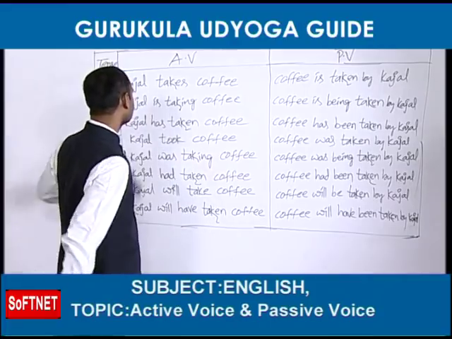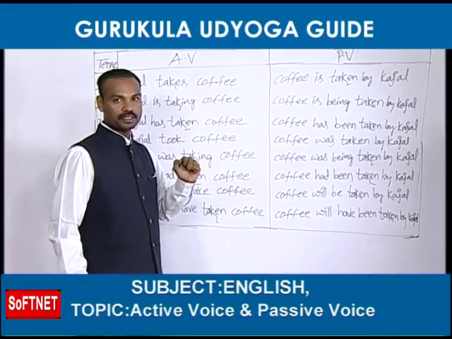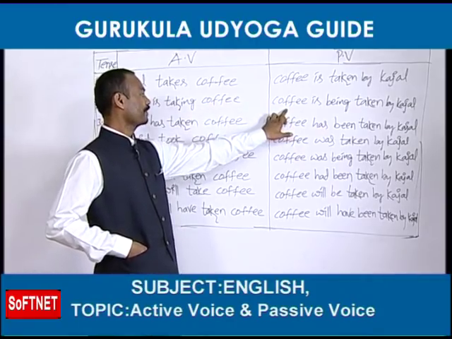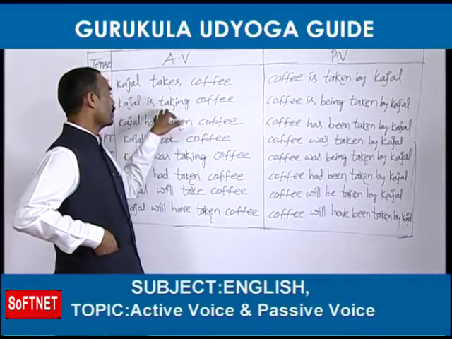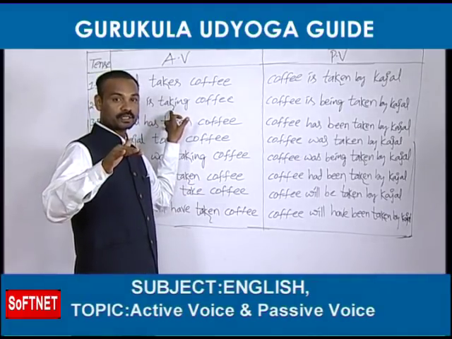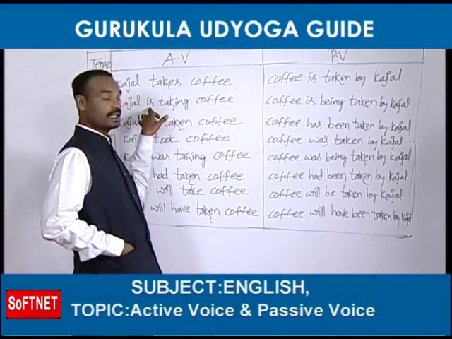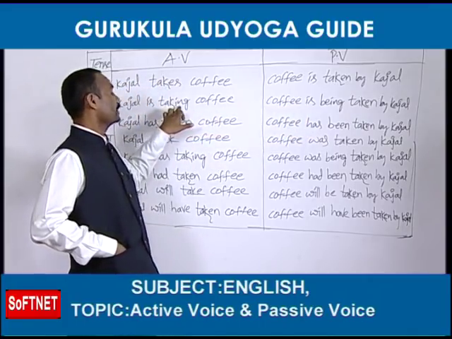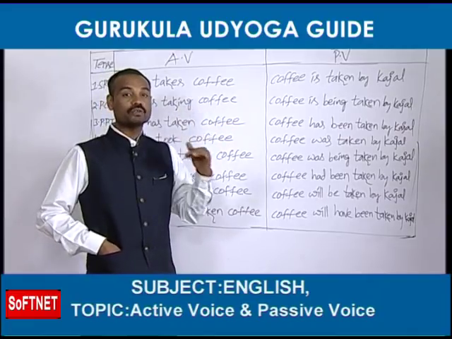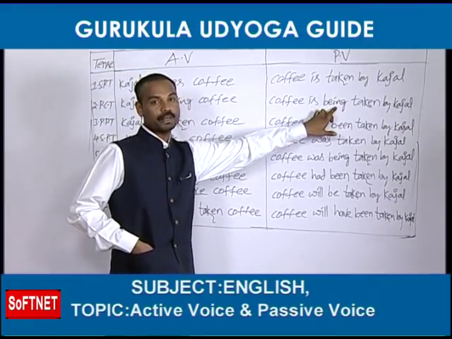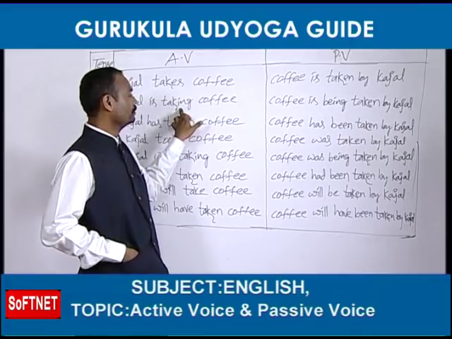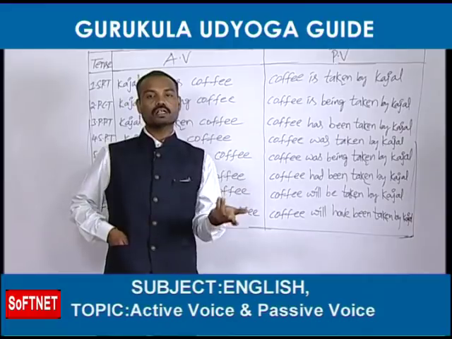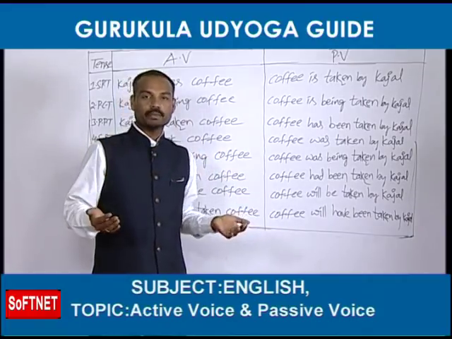Come on. Kajal is taking coffee. It's present continuous tense. So, object coffee. Next, coffee is singular. So, I have told you sometimes helping verbs are given in the active voice only. See, helping verb is there. You can take coffee is. Okay. Next, ing form is there in the active voice. Whenever you find out ing form in the active voice, you should write being in the passive voice. Next, verb should be changed into the third form taken. Next, preposition by. Next, subject Kajal. Coffee is being taken by Kajal.